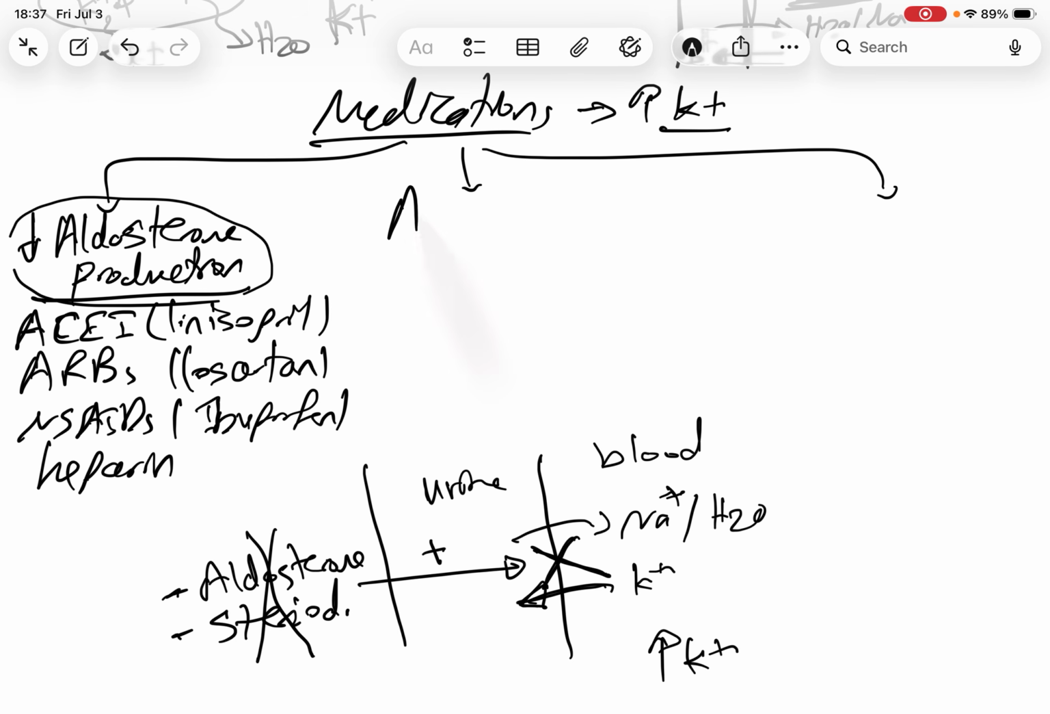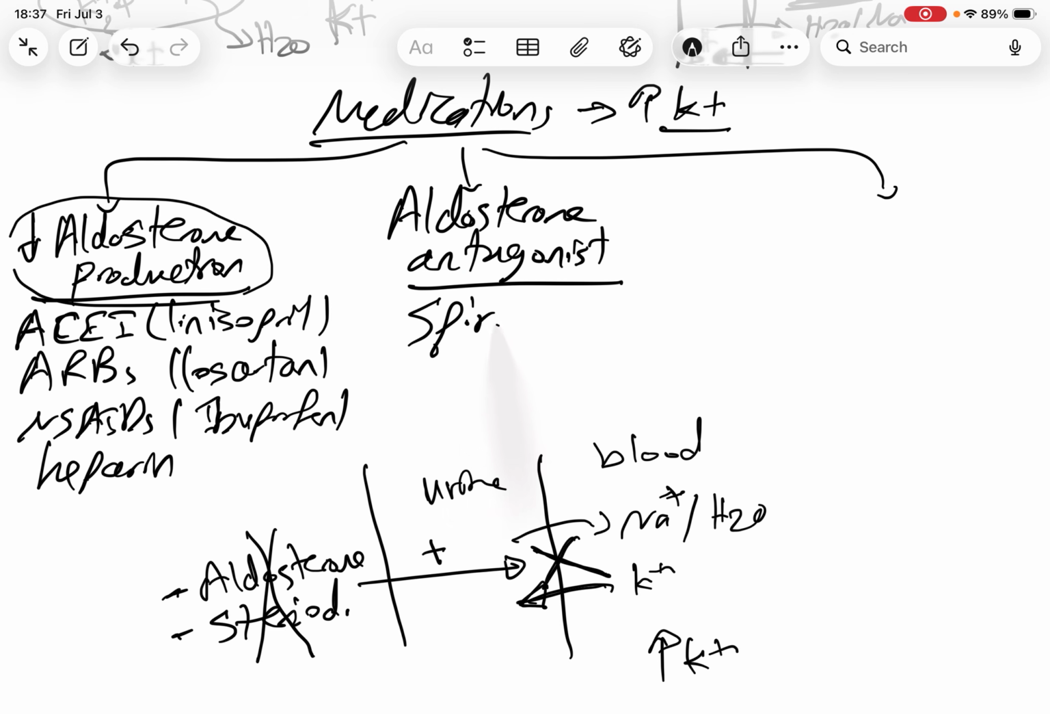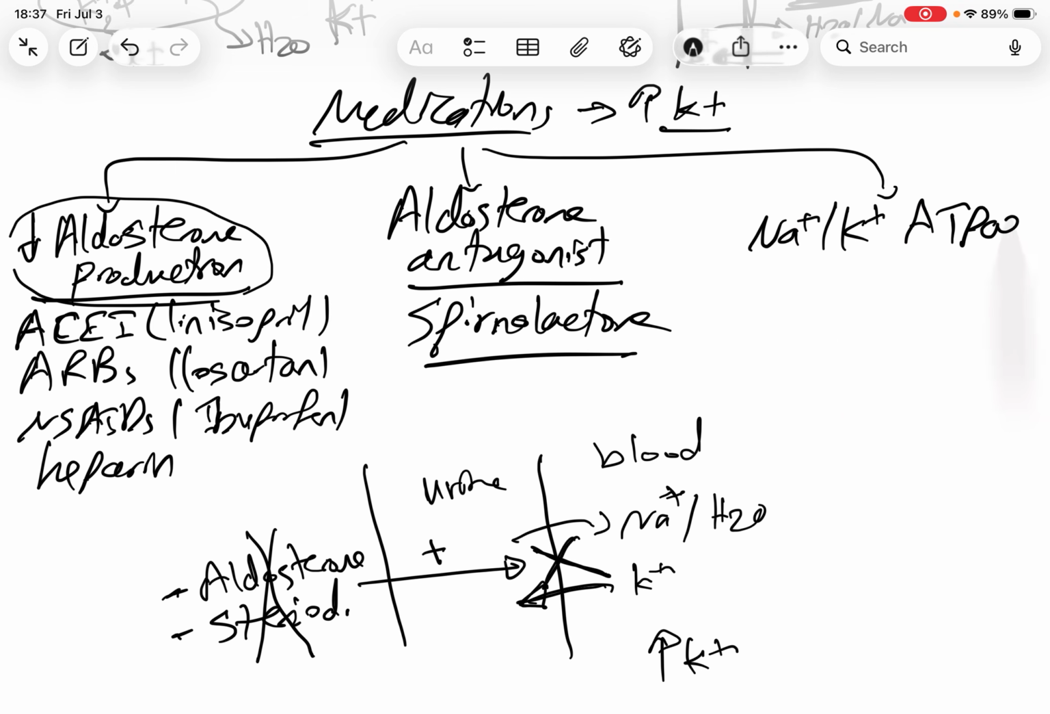And also some medications that act as aldosterone antagonists. The most common one is spironolactone, which can cause the same effect. Also, any drugs that act as a sodium potassium ATPase inhibitor. If any drug acts as a sodium potassium ATPase inhibitor, it will cause